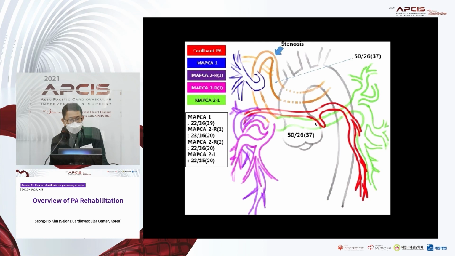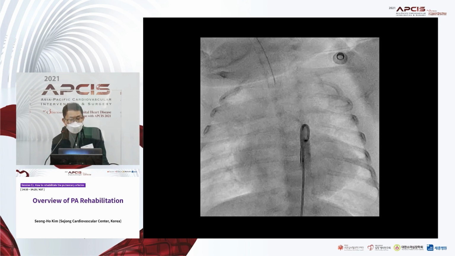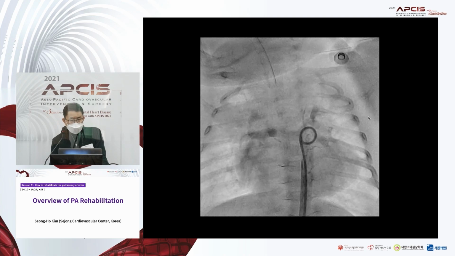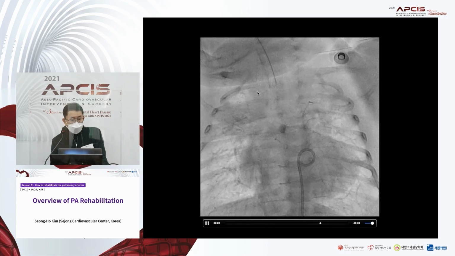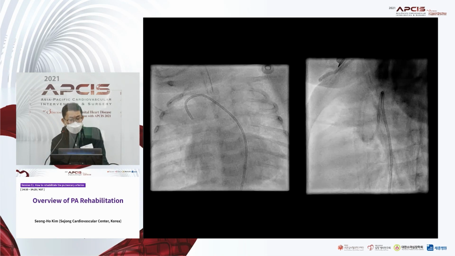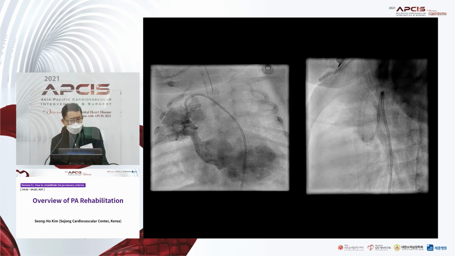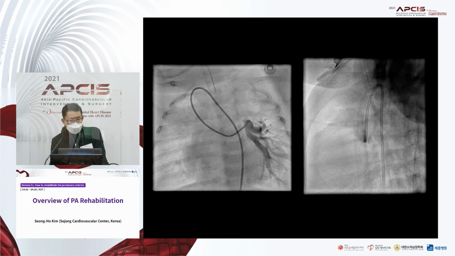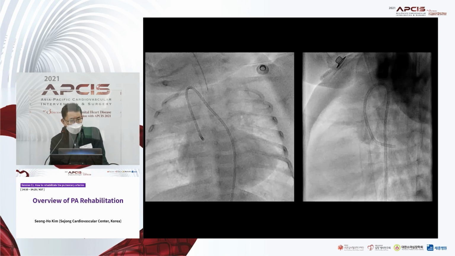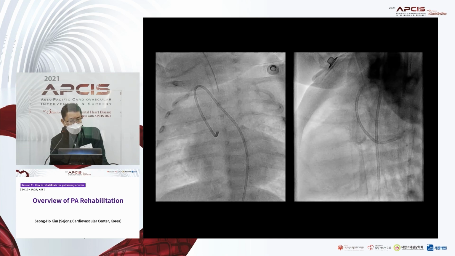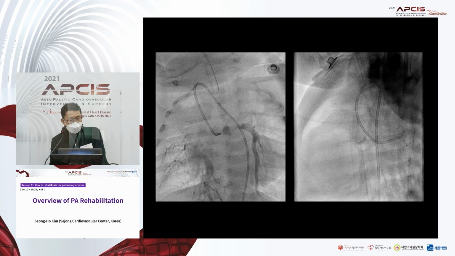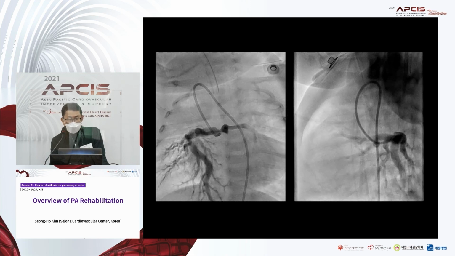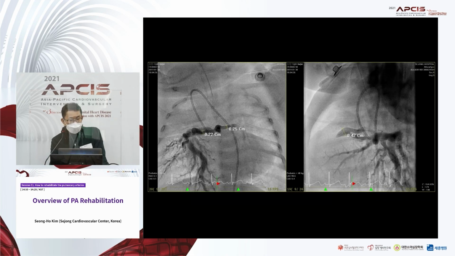So we draw the aberrant right subclavian artery, MAPCA 1, 2, 3, 4, like this. And I confirm it by angio. Descending aortogram shows the aberrant right subclavian artery, and there are several MAPCAs. I select one by one. This one goes to the right upper lung, this one to the left lung, this one is the right lower lung, not connected to the confluent pulmonary artery, and the last one goes to the right lung, and it connected to the confluent pulmonary artery. The confluent pulmonary artery size is very small,